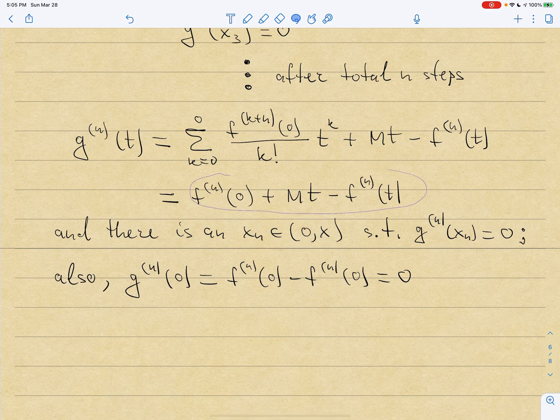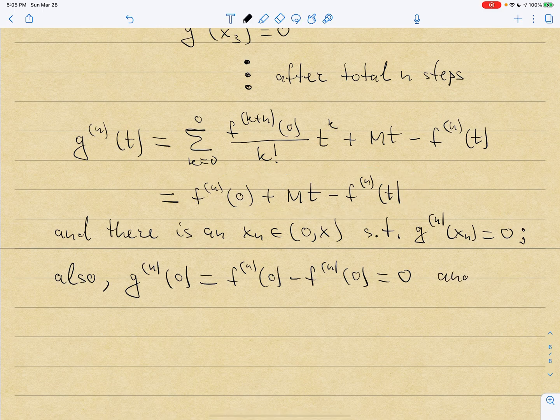This function is differentiable because mt is differentiable, and the nth derivative of f is differentiable because we assume that f is differentiable n plus 1 times. So once again, this function g_n(t) satisfies the conditions of Rolle's theorem,